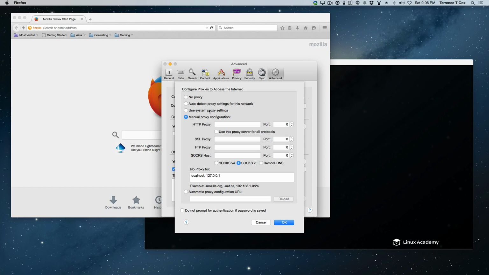Now, if we've configured our entire system through some environment variable or configuration file that Firefox can pick up, we could use a system proxy setting, or if we were broadcasting a proxy configuration, we could auto-detect the proxy setting for the network. However, in this case, we're going to manually indicate what we want to do, and we want to indicate that